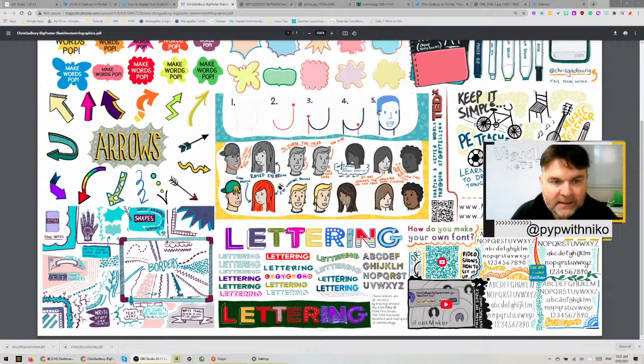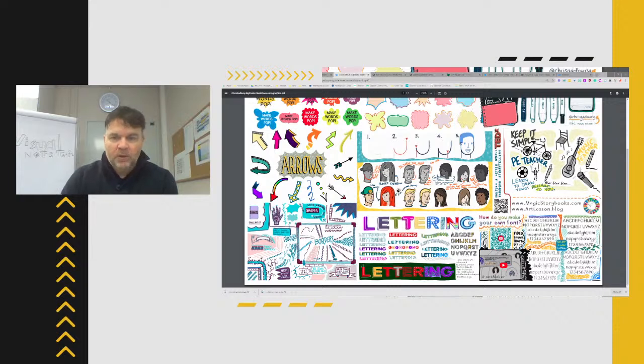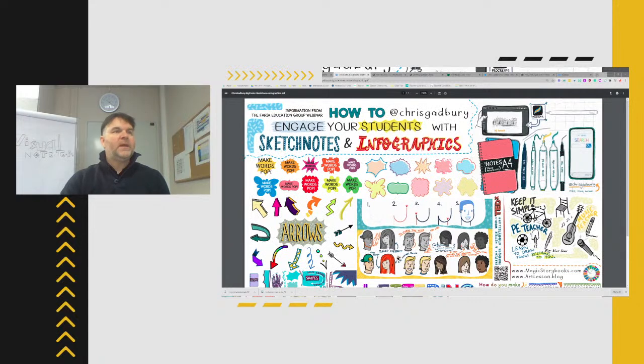That is also why we want to see how it works. We're going to keep it simple. We can use our pens, we can use our pencils, but we can also be sure that we are